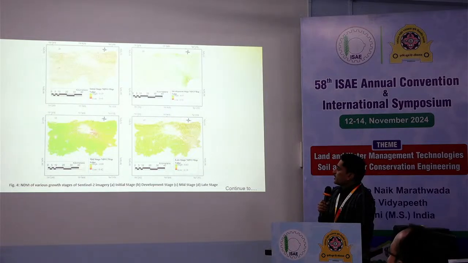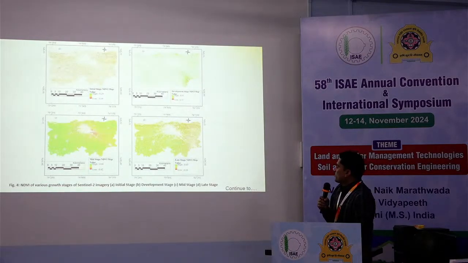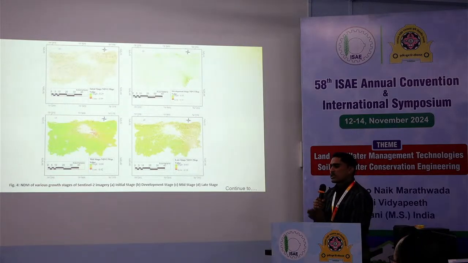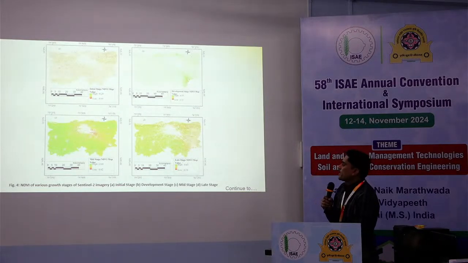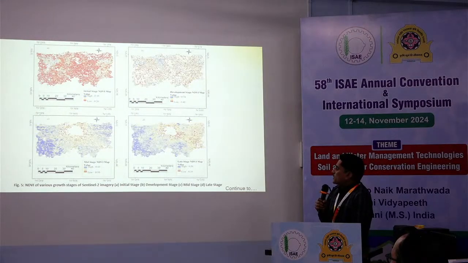The NDVI map. In the initial stage, what is the vegetation index, and what are the crop coefficient values of these Sentinel-based images? In the initial stage it was lower, it goes higher in the medium, mid stage and late stage, and later on it declines. The similar trend we observe in this. Next please. So this is another